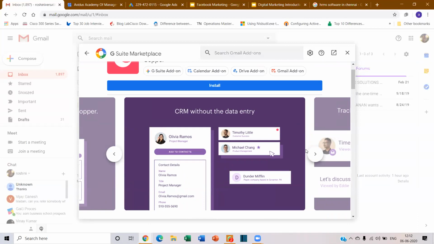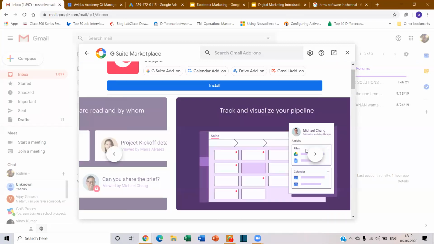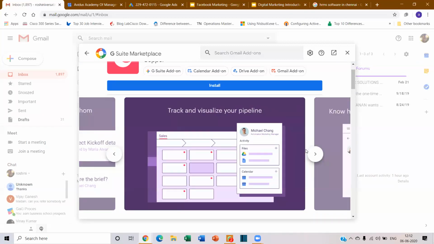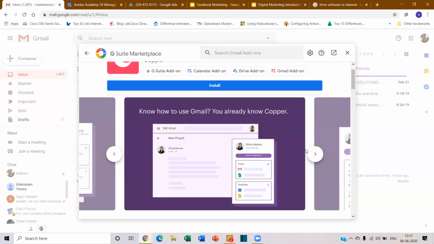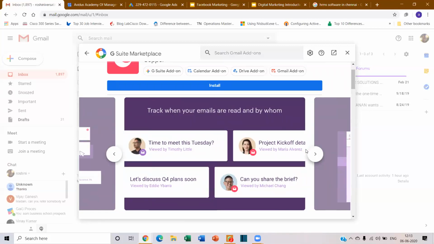You can manage the database, because when you're doing an email marketing campaign, you can do this here also. So you can actually track this marketing campaign, and when you want to add contacts in a single shot, you can use this CRM tool also. It is exclusively for G Suite, or if you don't have G Suite with you, definitely you can manage with your own Gmail also.